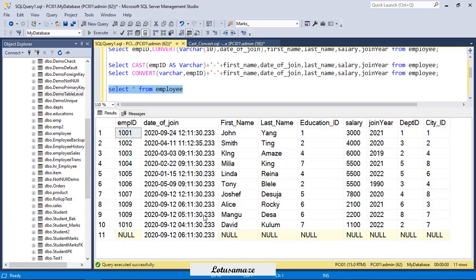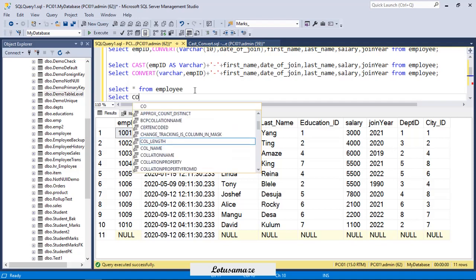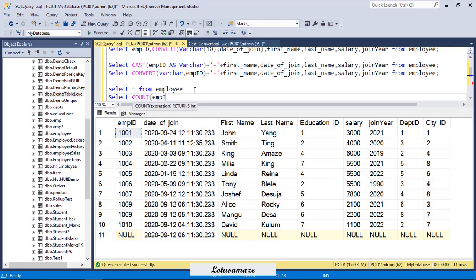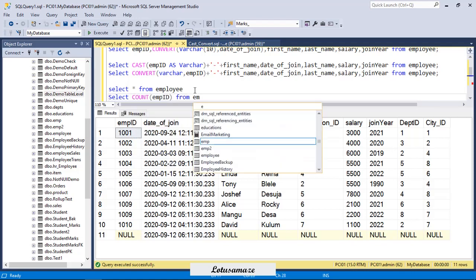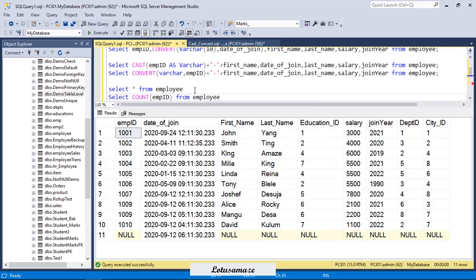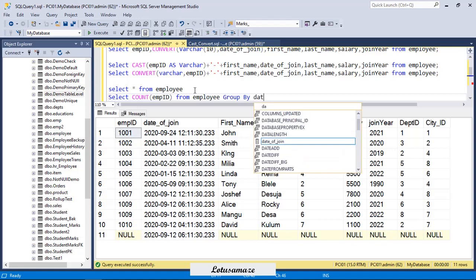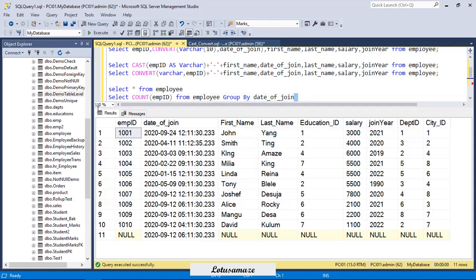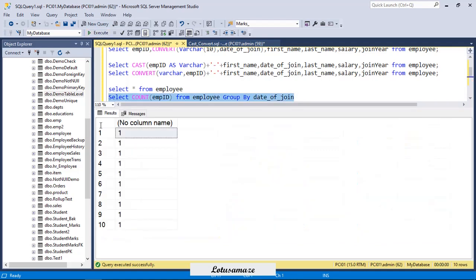The date is the same but the time is different. So if I try group by date of join, almost all dates have their own group because of the time difference.